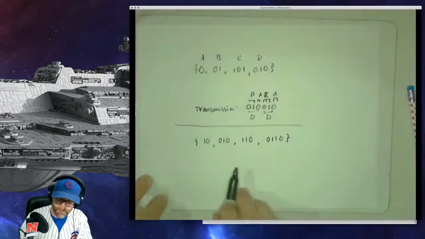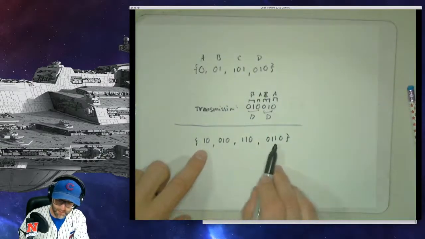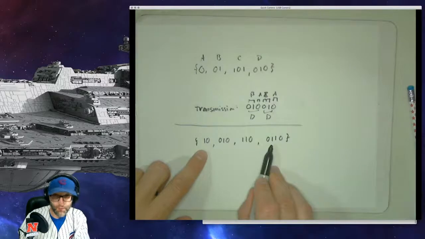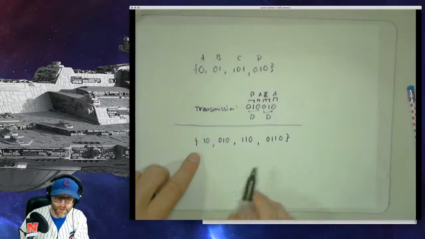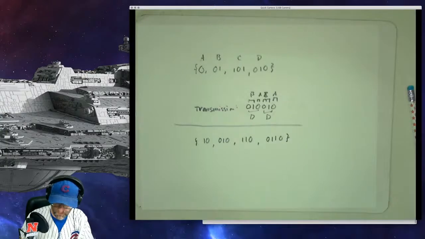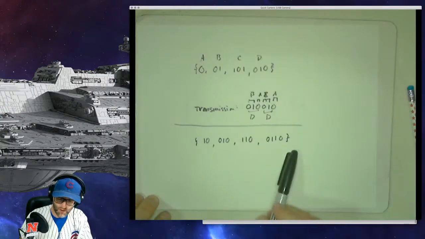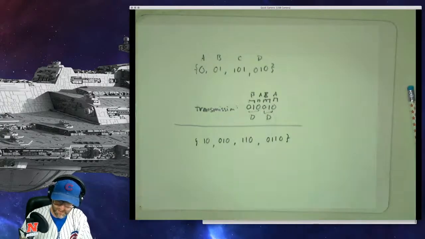Now this is a prefix-free code because this does not appear as the prefix of any other code word here. This one does not begin as the prefix of any other code word. And likewise, all pairs here are prefix-free. So now there's no ambiguity here at all. If I transmit